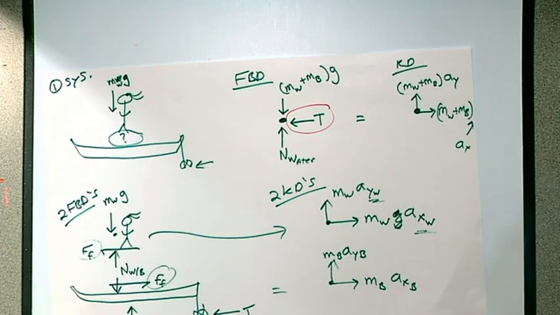So for the whole system, what are we doing? For the whole system, this acceleration is the acceleration of the CG. I've modeled the center of gravity of the woman and the boat, and I'm only tracking one location. This gal can move relative to the boat, so she might have a slightly different acceleration, but I'm only tracking the motion of their center of gravity. Here, I'm tracking their accelerations independently. Her acceleration, the boat's acceleration. How does this and this equate?